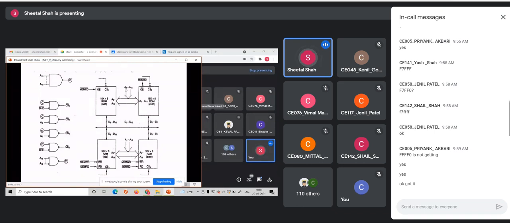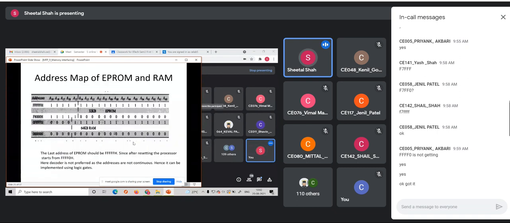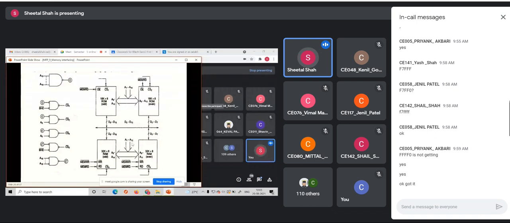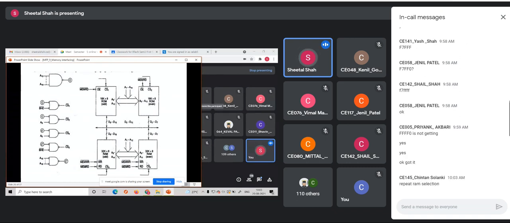Whereas you can see that A1 to A14 is connected to these 14 address lines of this ROM IC, whereas A1 to A12, here it should be A1 to, not A12, it should be A1 to A15, isn't it? So there is a mistake here, it should be A1 to A15. If A1 to A15 is connected, that means it is connected to the address lines of this RAM IC, and it would select any one of these memory locations depending upon this chip select line. RAM selection.